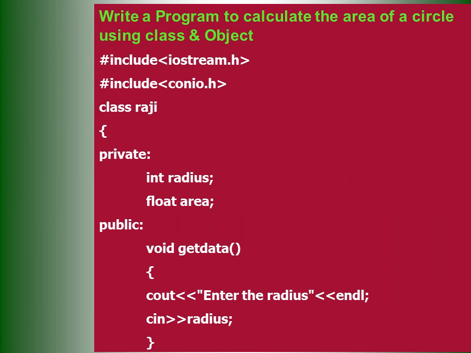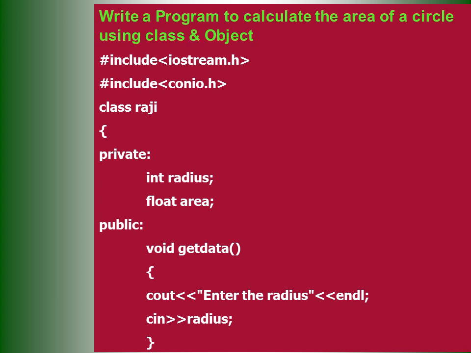See, this is a simple program. #include <iostream.h>, #include <conio.h>. Here, this is a header file we are using to declare at the start of the program, and afterwards we are using the class here. Class is a keyword, Raji is a class name. I already told you we can create the class name in our own name itself. Why? Because it must follow the particular identifier rules. If it follows them, it can be used to declare any other names also.